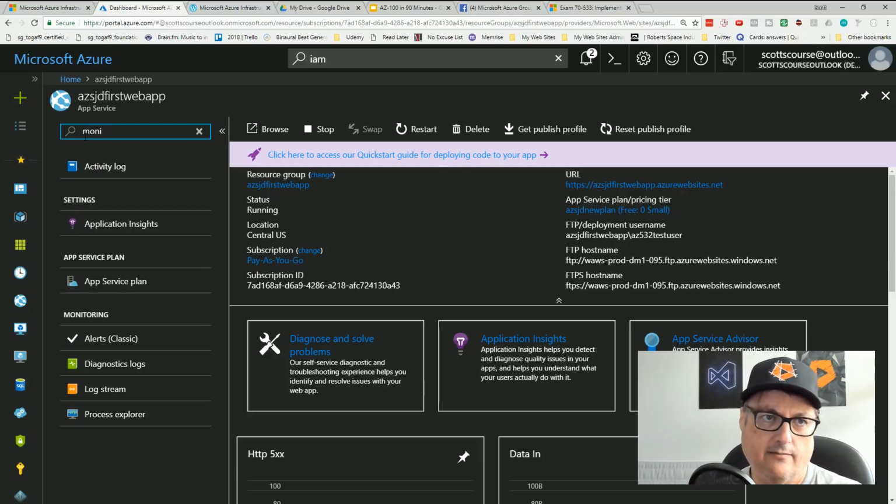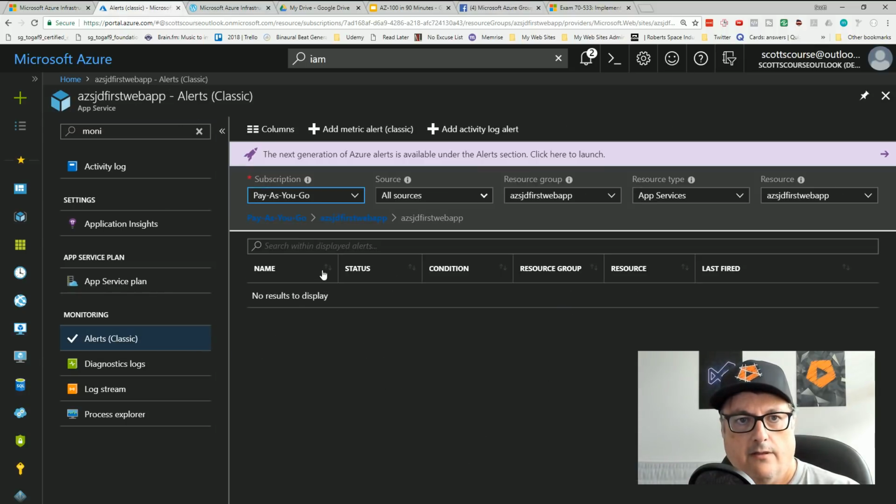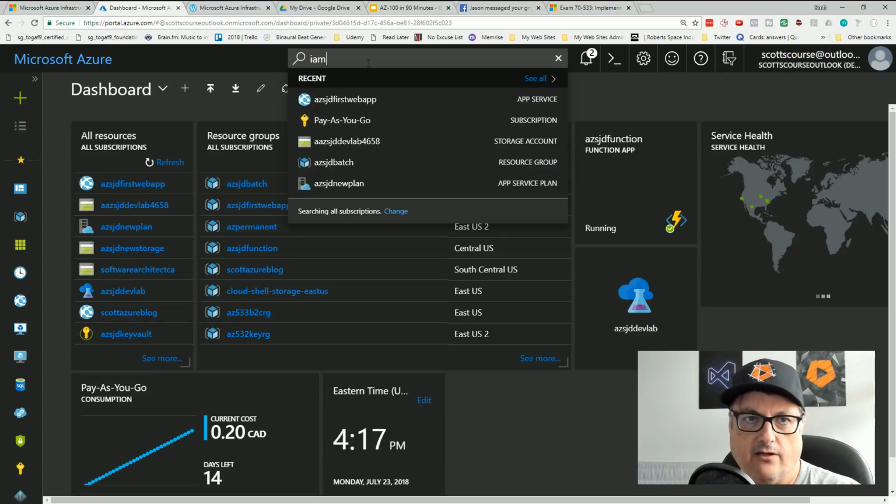Monitoring, I guess, is the... But what we want, so this is monitoring, what we want is across account. So metric alert classic activity log. So does activity log